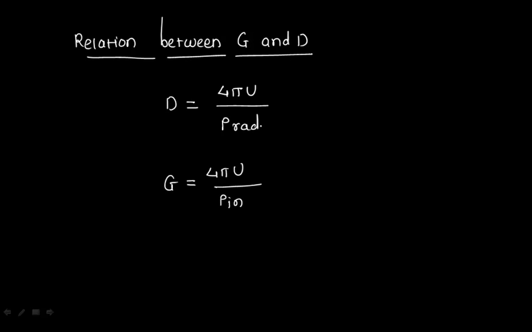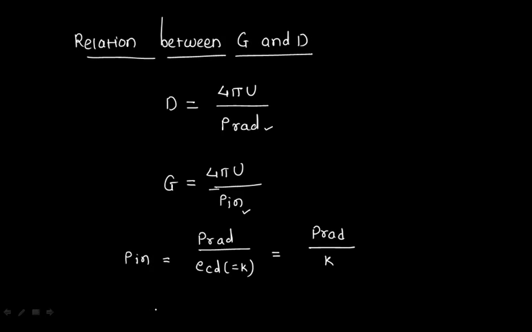Okay, so for directivity, what reference have you taken? Radiated power. But your gain is always what? Output by input. That's why you have taken the reference of input power. So if you write here P in, which is nothing but P radiated divided by ECD, or you can write K also. Either write K or ECD. So I can write here P radiated by K. So this is nothing but the P in.